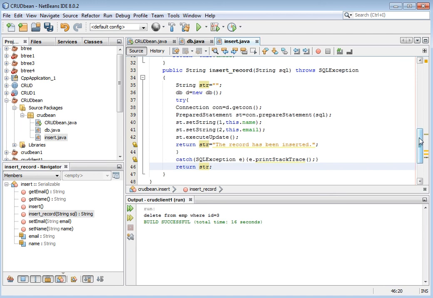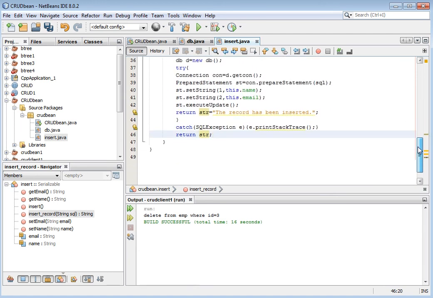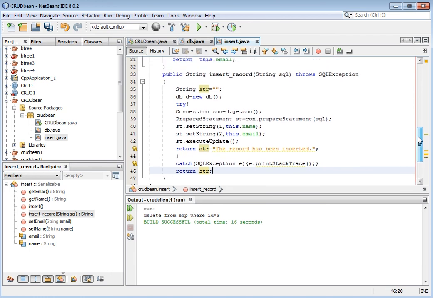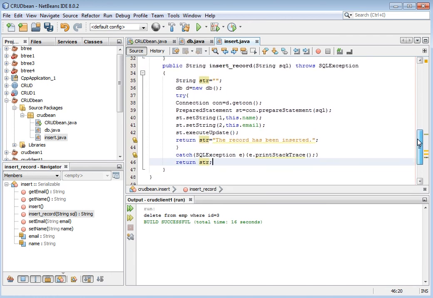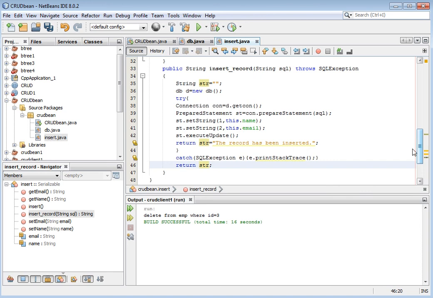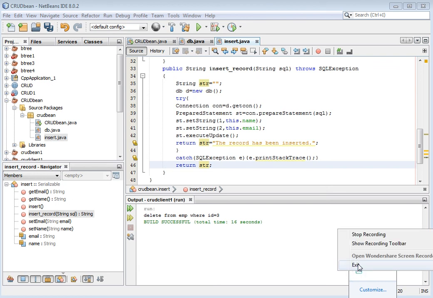Here we have st.setString, which means we are preparing the statement. First is 1 with this.name, and second is st.setString with 2 and this.email. If there is an integer, we should use setInt. The get and set methods are there to get and set the values.